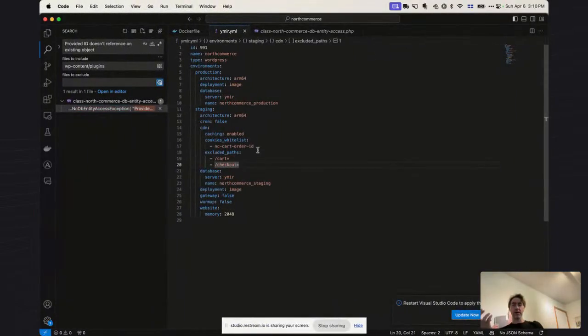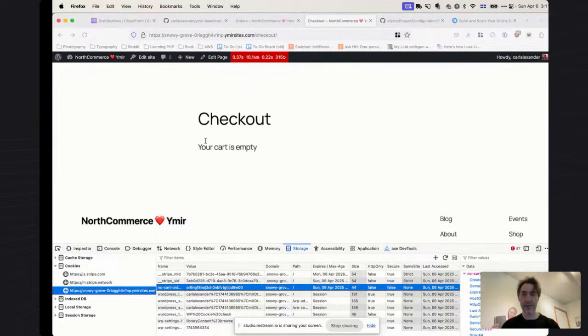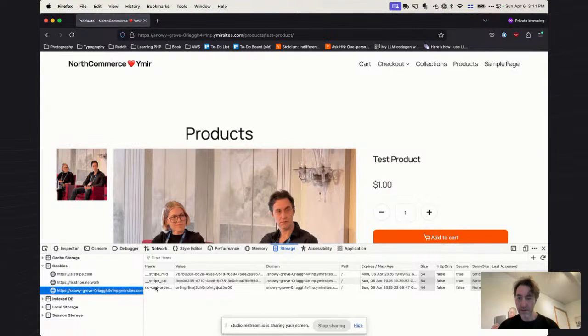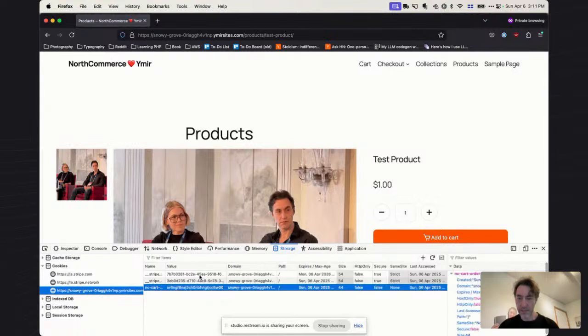But based on what we know so far, we definitely want to have the cart order ID excluded, because what the whitelist does is it basically says, if you have this cookie, don't cache, which is important, because this is what I was testing with the incognito window, is we need to have different things that happen based on different order IDs. But right now,